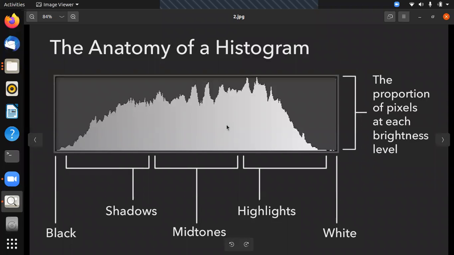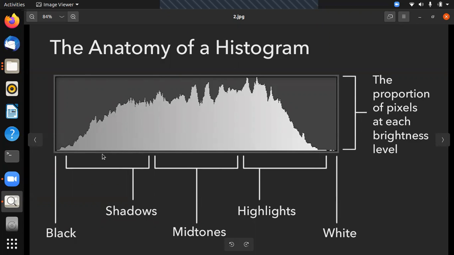So how to read this histogram? Left hand side we will call it 0, right hand side we will call it 255. Zero means everything is black, 255 means everything is white. In between they have some sort of exposure level, from underexposure to overexposure, and in the middle somewhere like 127 or 128, they are called exact proper midtones.